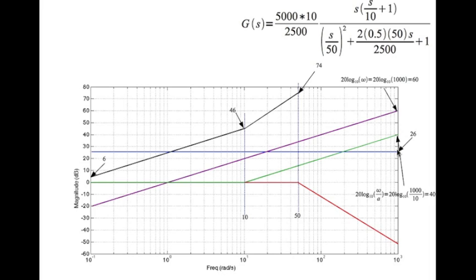The contribution of the real 0 is 40 decibels. And the contribution of the complex pole is minus 40 times log to the base 10 of omega divided by omega n. Omega is 10 to the power of 3, or 1000, and omega n is 50. That gives us minus 52 decibels, and if you add everything you get 74 decibels, and then you draw the